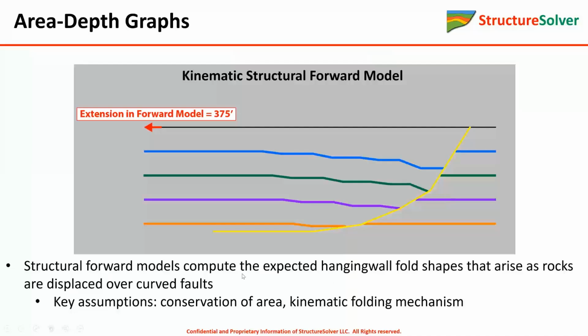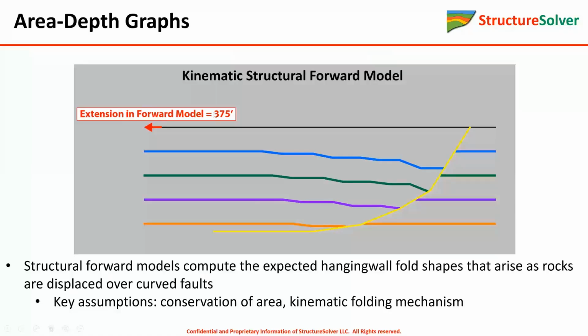And we've had a few previous presentations on this, but if you're not familiar, structural forward models are essentially a way of computing the geometry of a fold or a folded horizon from the shape of the fault, assuming constant area during deformation. And so this is an area balanced forward model here that was created in StructureSolver